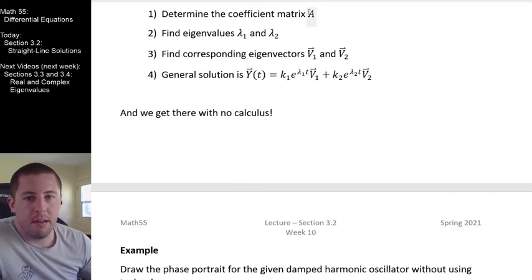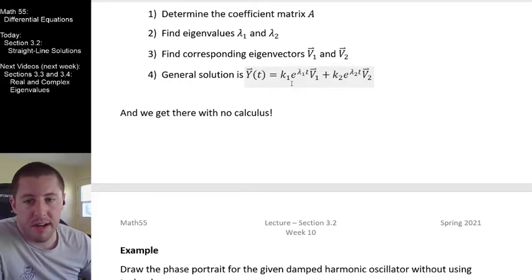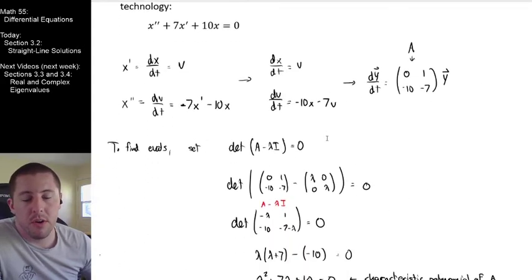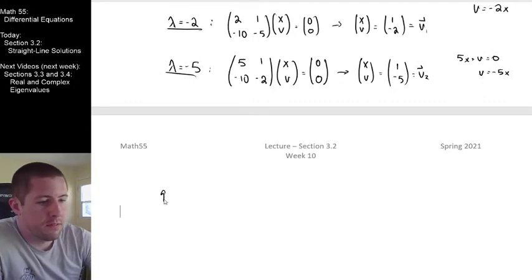So I found lambda 1 and lambda 2. I found v1 and v2. It looks like we're ready to state our general solution and attempt to draw a graph. We're basically there. And we'll just compare our graph with the one technology provides for us, and we're going to call it a day here. So let's go ahead and state our general solution. Our general solution is of the form